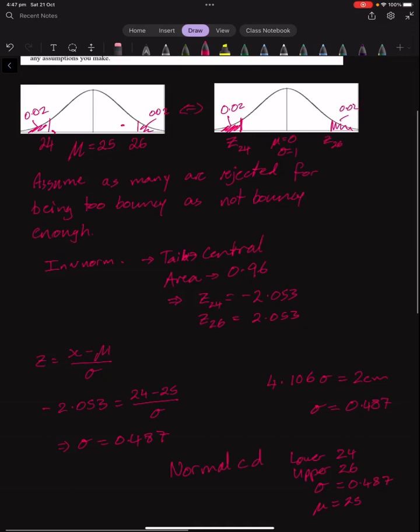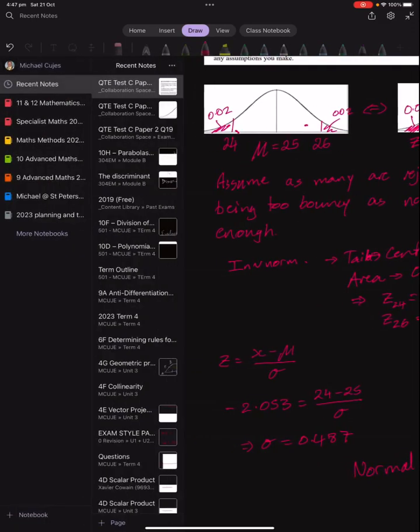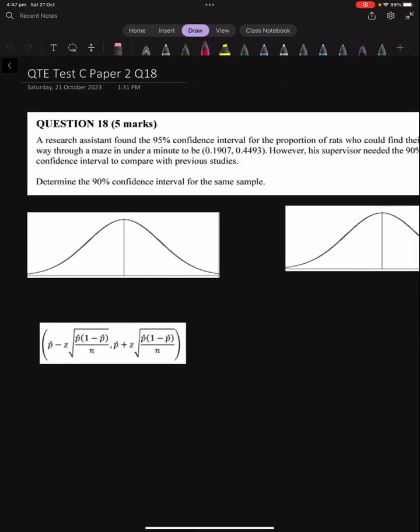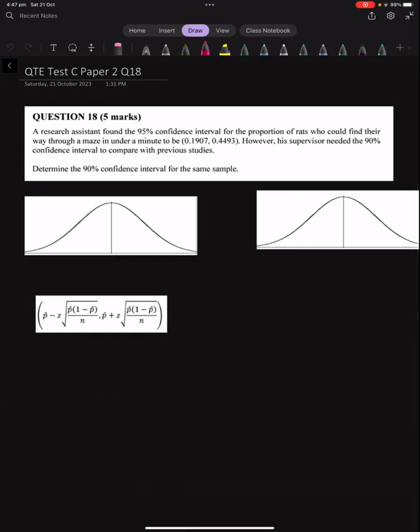Let's have a look. We've got a couple more questions to go. We'll see how we go on those. Once it lets me in. Here we go. So this is QTE Test C, Paper 2, Question 18. Research assistant found the 95% confidence interval for the proportion of rats who could find their way through a maze